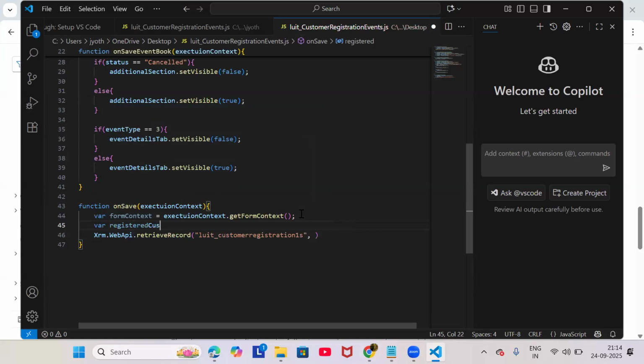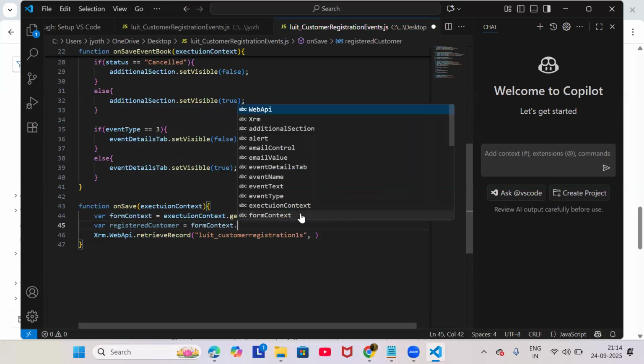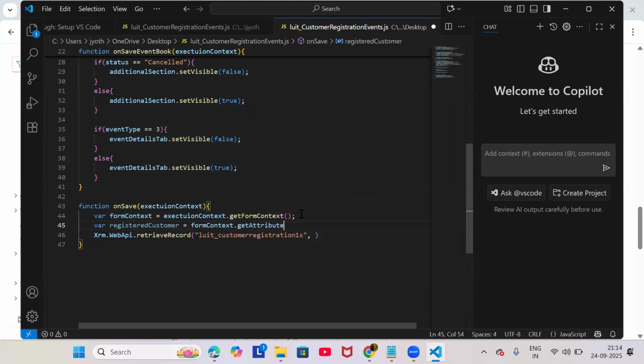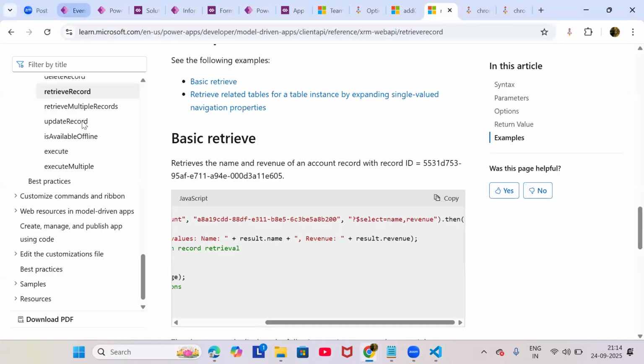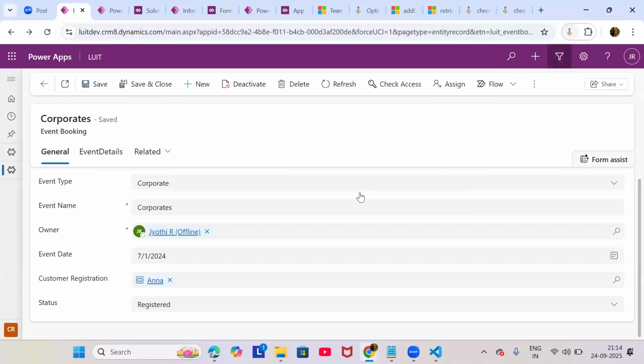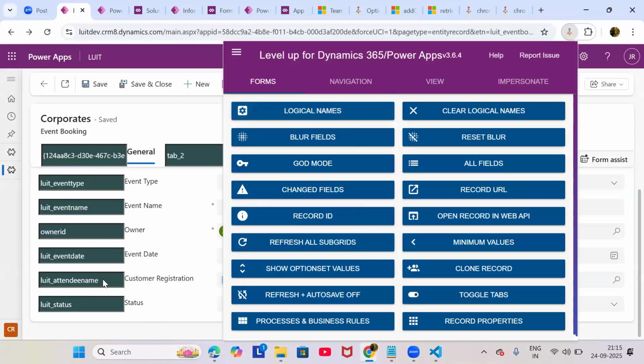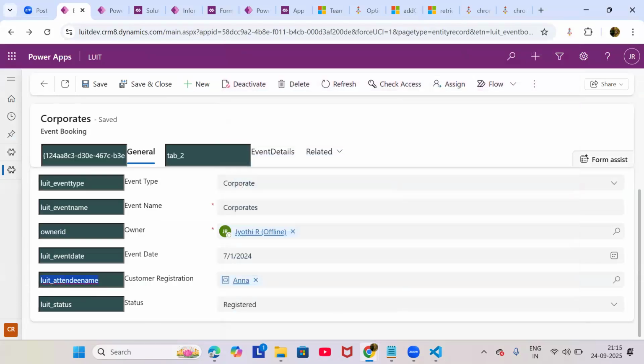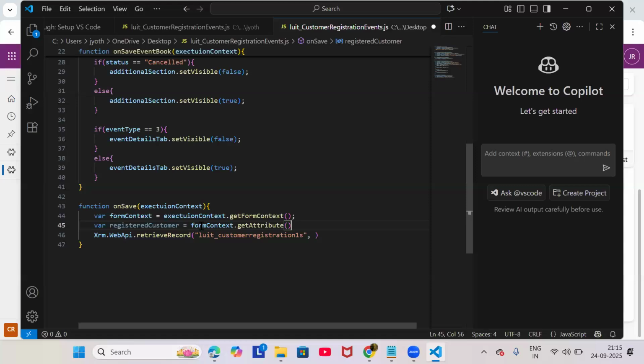Registered customer equals to formContext.getAttribute of the logical name of that lookup field. We have already seen how to fetch that ID of the lookup. Yesterday we have seen it, right? Dot getValue